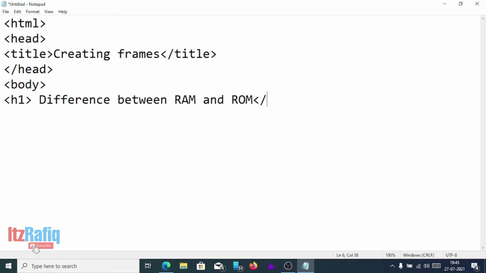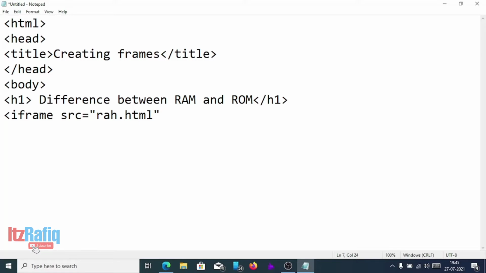Then h1 close, and after that we will write iframe src equal, then the page name which I am going to insert in my main page. Suppose my first page is rem, so rem.html.